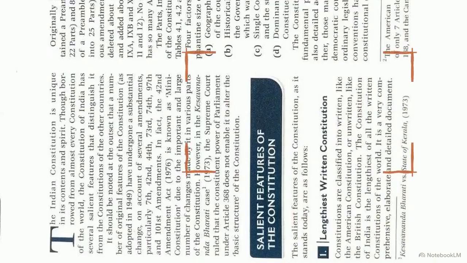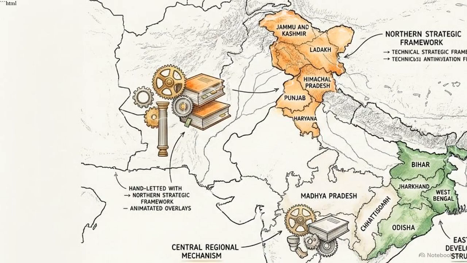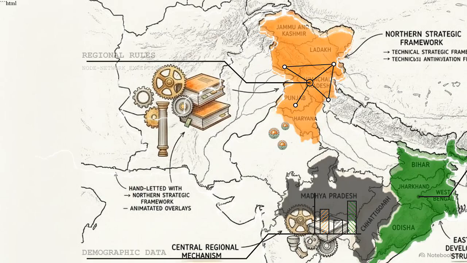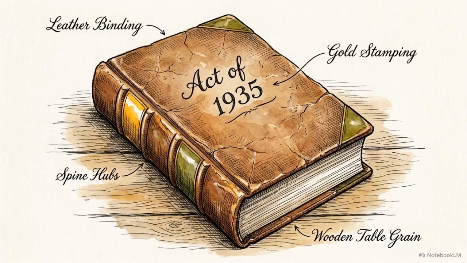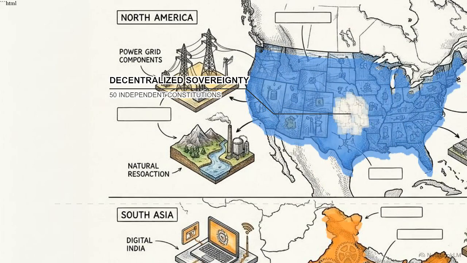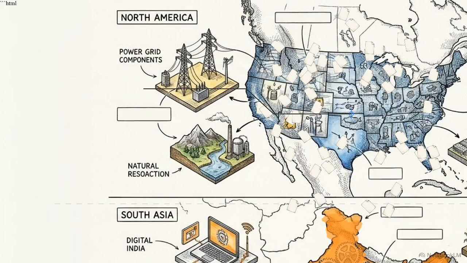4 specific historical and geopolitical pressures forced this document to expand far beyond a standard legal framework. First is the geographic and demographic scale of the subcontinent. Governing extreme heterogeneity required specialized, detailed rules for different regions, scheduled castes, and tribal areas. Second is the institutional legacy. The drafters relied heavily on the Government of India Act of 1935, importing its massive, pre-existing administrative blueprint directly into the new text. Third, unlike the United States, India combined the governance structures of both the central union and the individual states into one unified document.